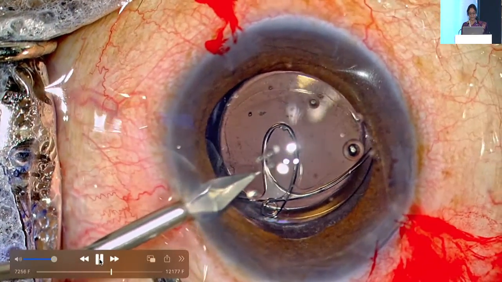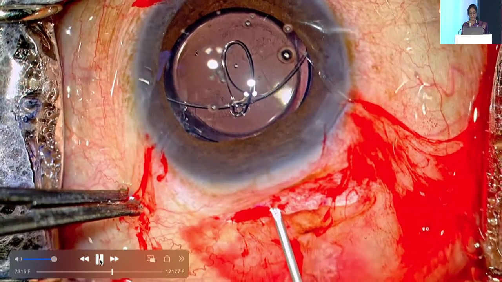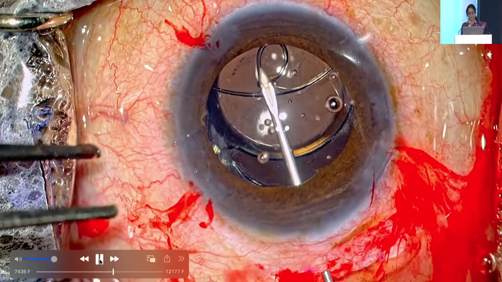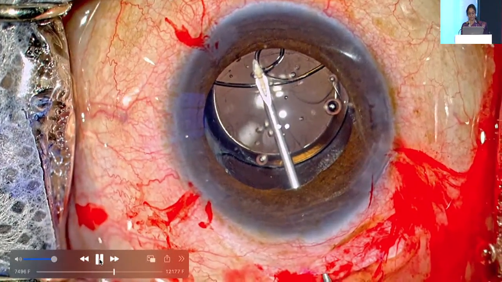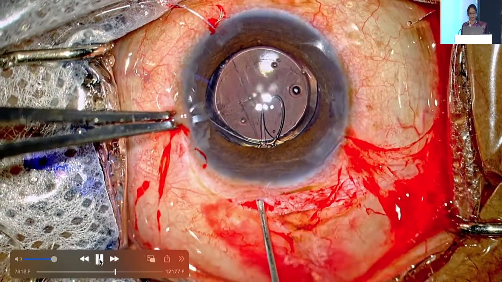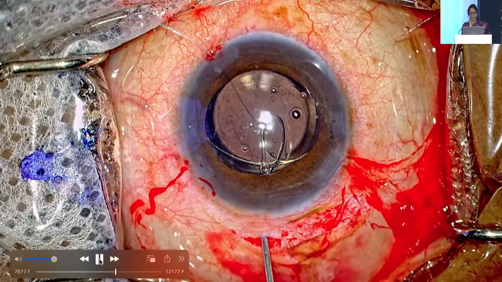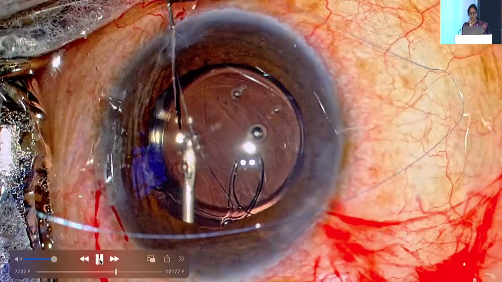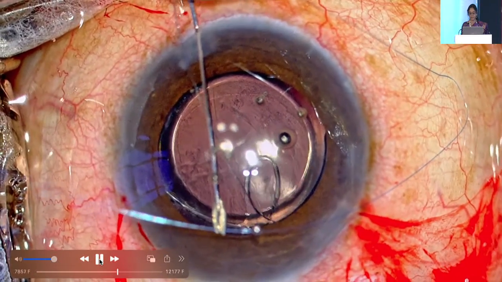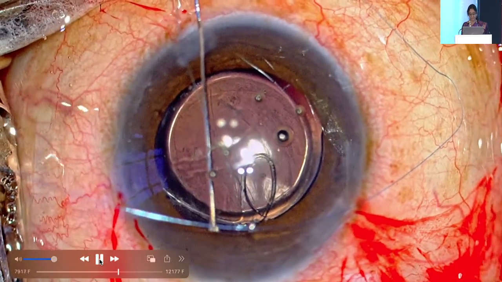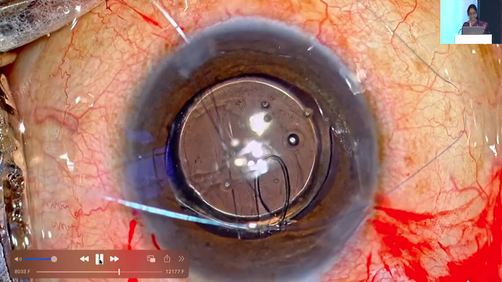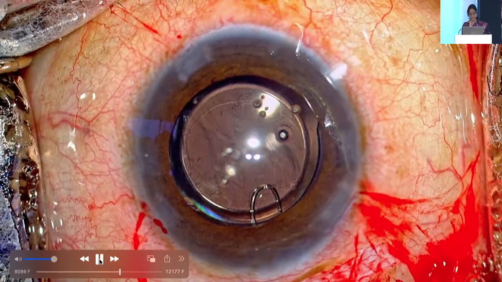So I'm using the railroading technique to get into the central eyelet of this CTS segment, which is also called as Gupta segment. And I railroad this CTS segment inside the bag. So my decision to do this was purely based on the visibility, which was not so good in the first sitting. I did the CTS segment in the second sitting, and looking at this video more than 10 times, I